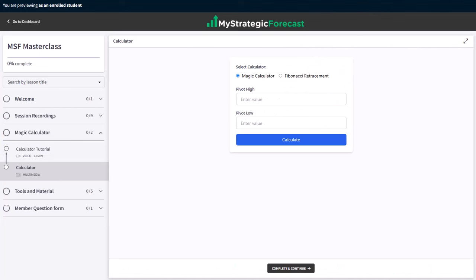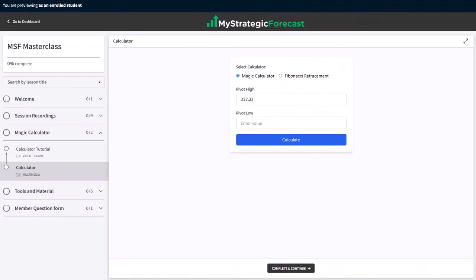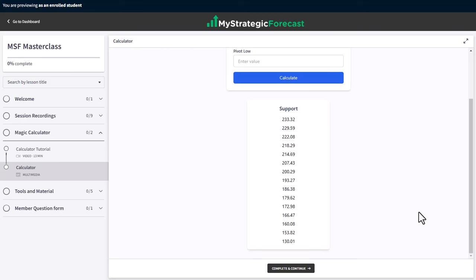Now we're looking at what I call my magic calculator. All it's asking is an important pivot high or important pivot low. Let's go find one in Apple. Let's use this important high at 237.23. We plug the number into the magic calculator, hit calculate, and magically it comes out with a list of